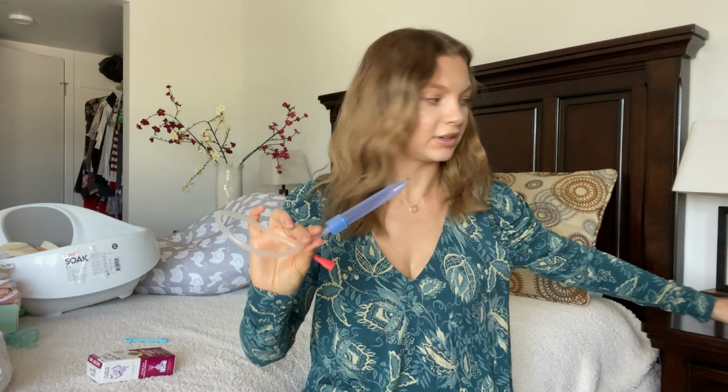Another thing that I heard a lot about when I was pregnant, and I'm happy that I got it, because we used it literally on the second night after we brought baby home. So this here is the Fridababy NoseFrida sucking device. I think on night 2 or 3, after feeding baby and burping her,